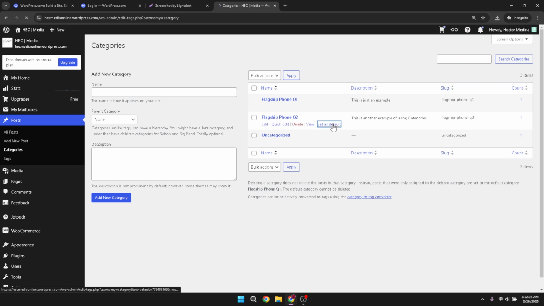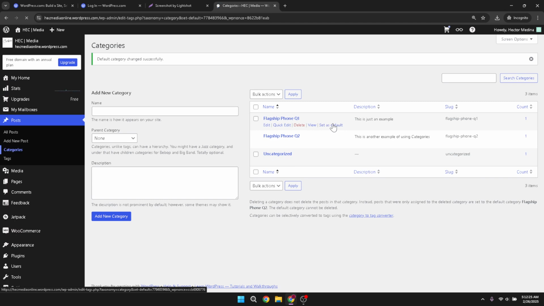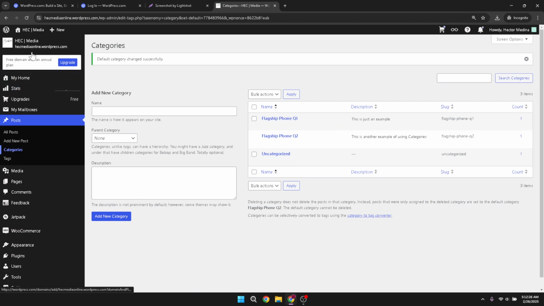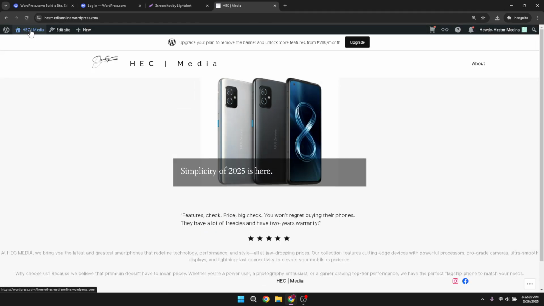After setting your category, look towards the top of the screen and find your website name, which should appear at the top left corner of the ribbon. Clicking that will take you directly to your site. Once there, click on Visit Site to see everything live as it appears to a visitor.